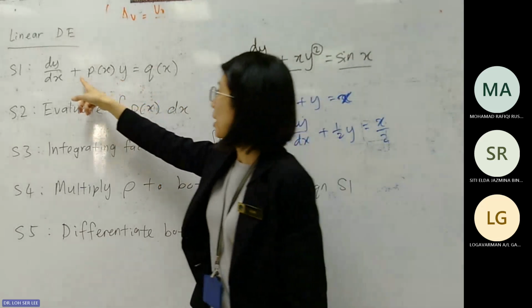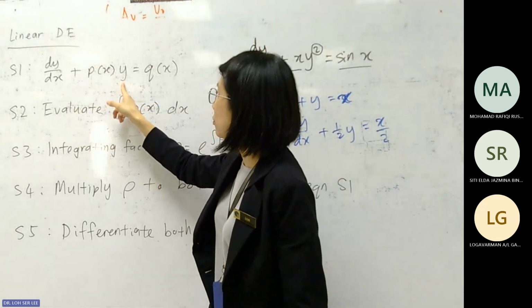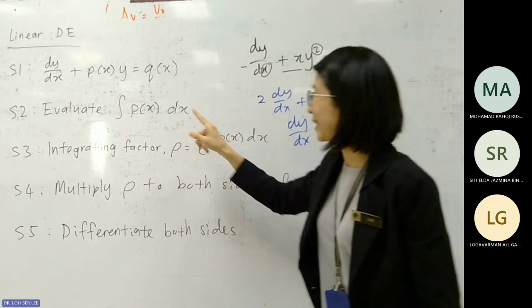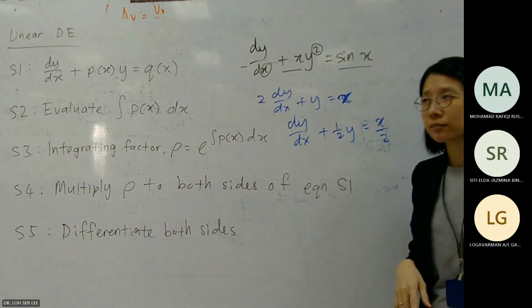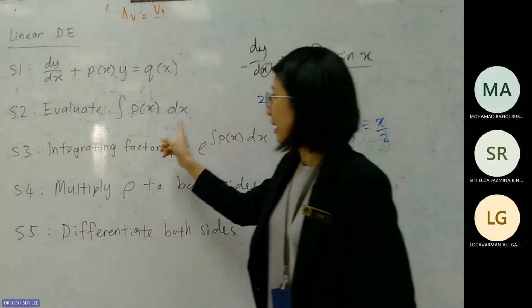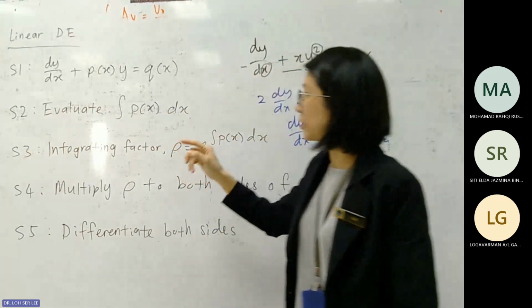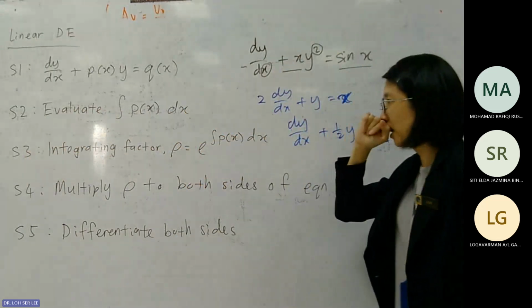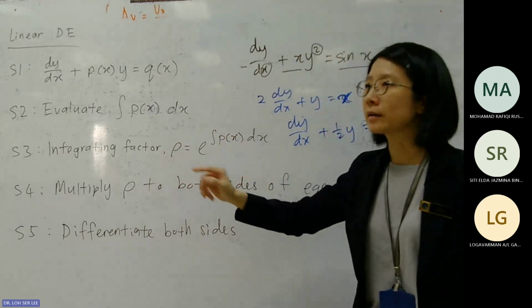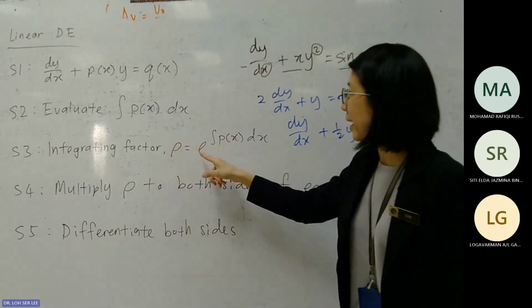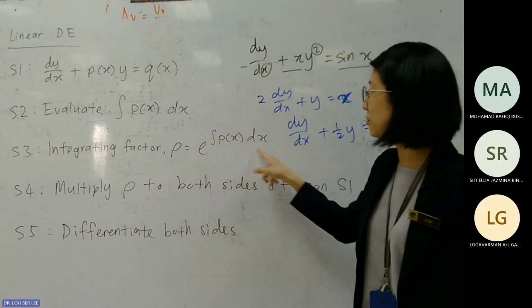So you are integrating the coefficient function of y with respect to x, with respect to the independent variable. Then step 3, we will find the integrating factor. The integrating factor is denoted by rho. Rho is the exponential function to the power of